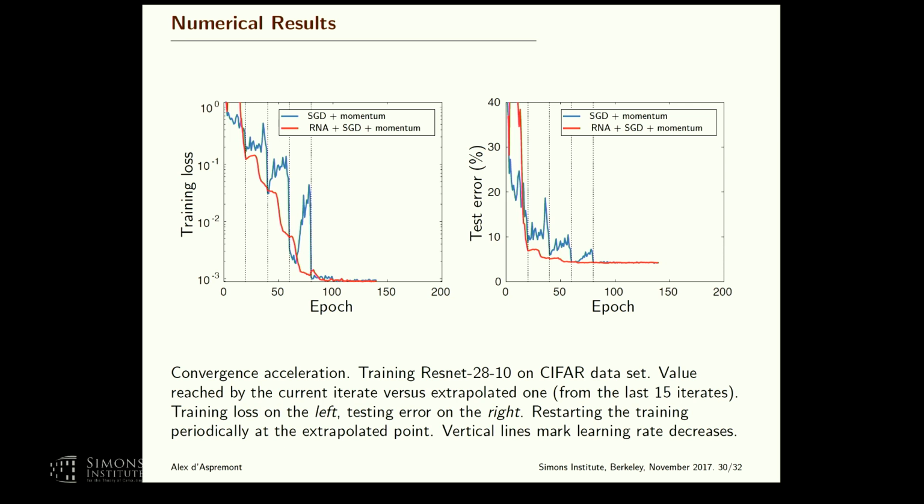And finally, it's sort of unavoidable these days. We tried it on neural networks. And if you do acceleration on the stochastic gradient method plus momentum, you get this red curve here. And this typically allows you to restart a little bit sooner. And if you restart sooner, you go faster. But there's a very, very long list. So this is one scenario which works.